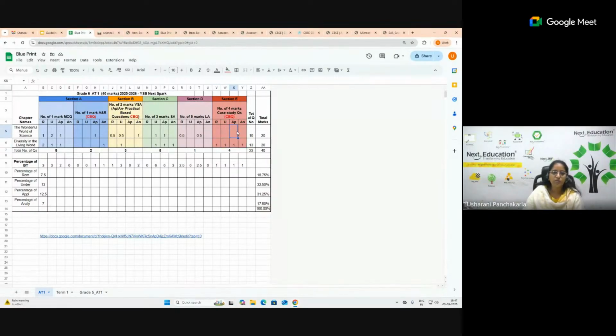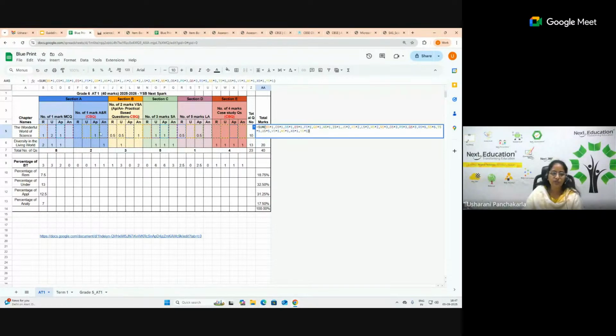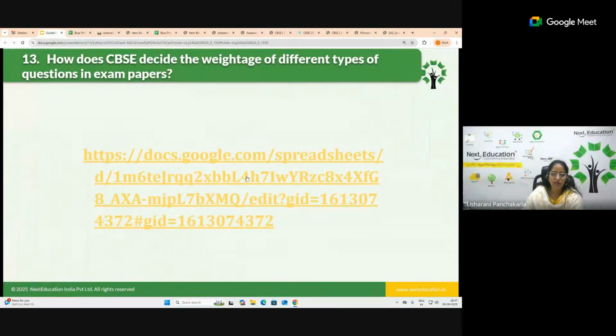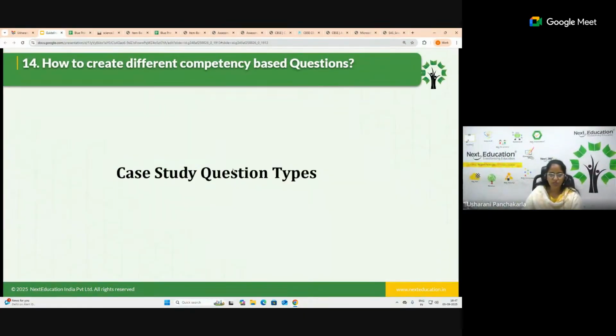So this way you will be getting the complete total number of questions here. 10 questions from chapter 1, and 13 questions from chapter 2. Together 20 marks, 40 marks. So how do you give this one? Because it's a formula being applied, that is very easy. You just need to give the number of questions multiplied by whatever the marking, the weightage given here, and you will be getting it. This will make your life easy in terms of creating a blueprint. This is what we have given here, and then case study questions will follow.